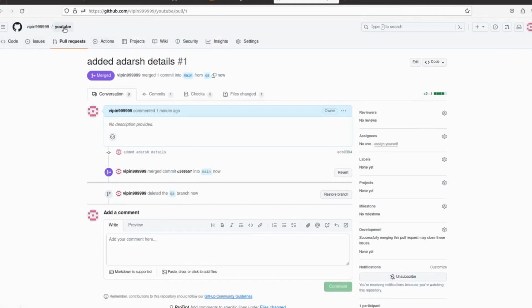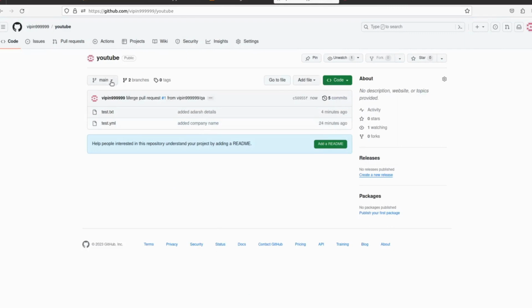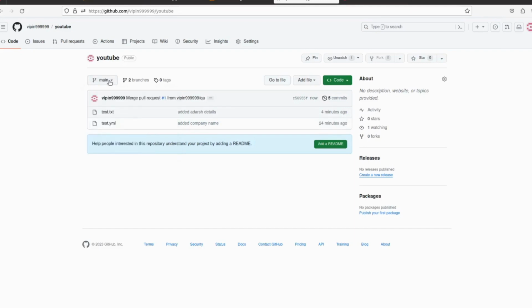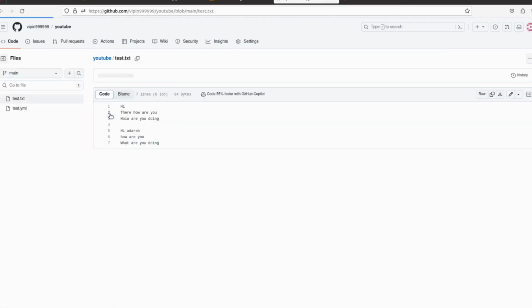Let's see, go to the code now, that is our repository, and you can see the QA branch is deleted now. And we are on the main branch right now, right? So open this test.txt.